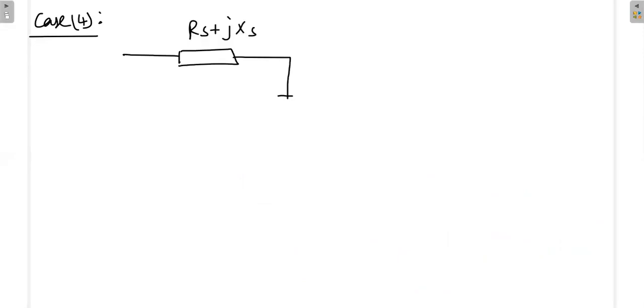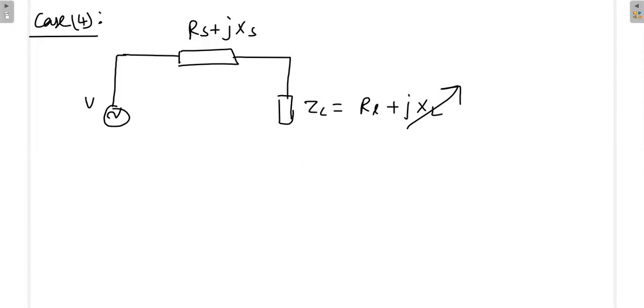Case 4, the source is RS plus JX. The load is ZL equal to RL plus JXL. But RL is not variable, but XL is variable. So if the situation is like this, again, when XL is variable, you know from your previous experience, if XL is variable, we'll try to vary this